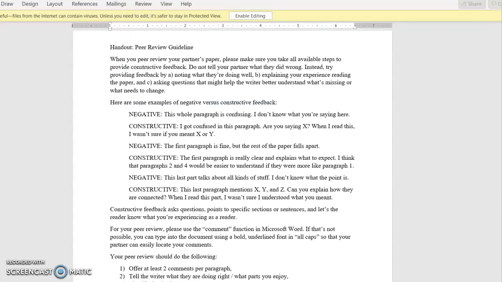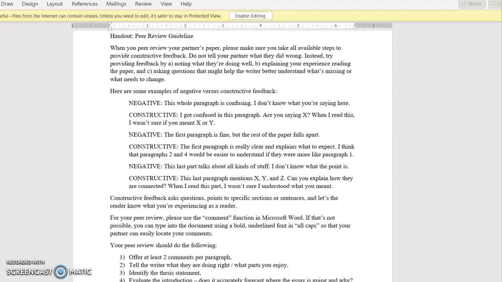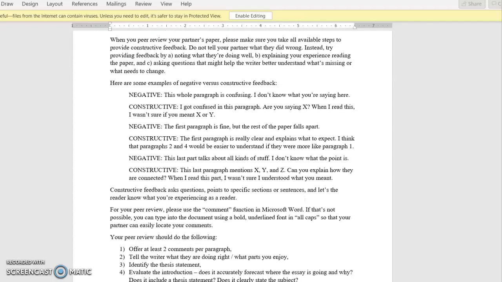So the first thing that I mentioned in this guideline is to be constructive in your feedback for your peer, right? Constructive feedback is much more useful. It takes a little bit more time to give constructive feedback. It's much easier just to be like, this sentence sucks and this is written poorly and what the heck does this even mean? It's really easy to respond in that way, but it's not easy to use those kinds of responses and to process what they actually mean. So definitely take the extra time to offer constructive feedback.